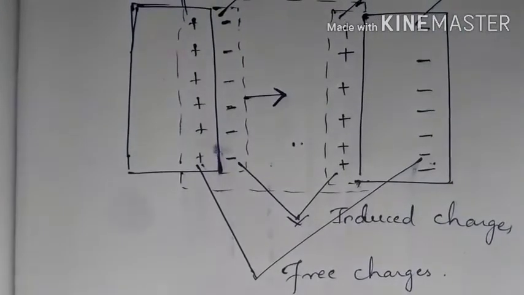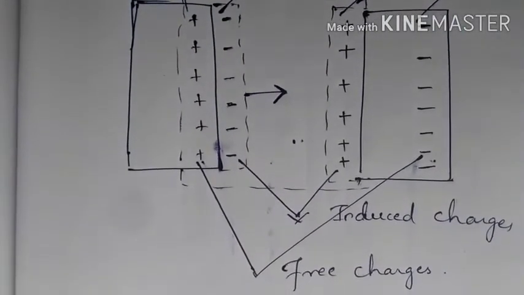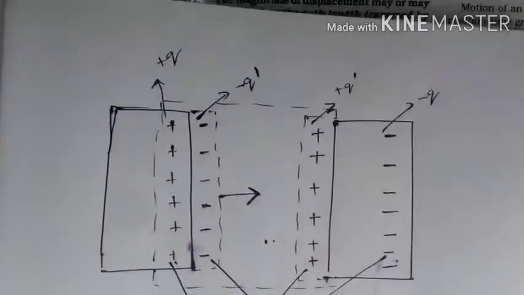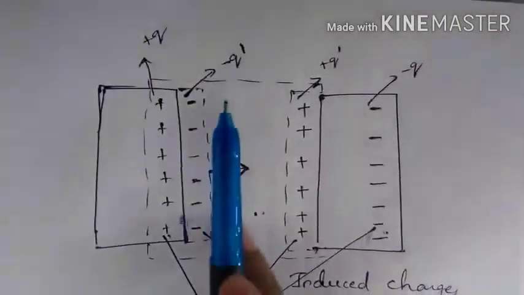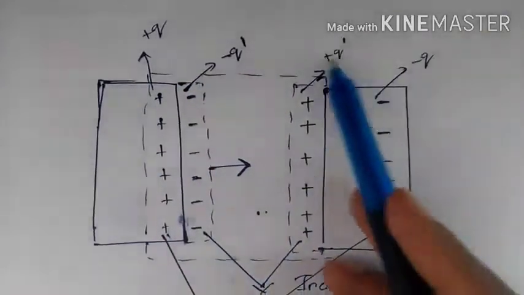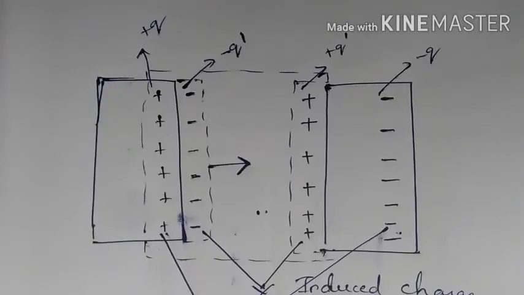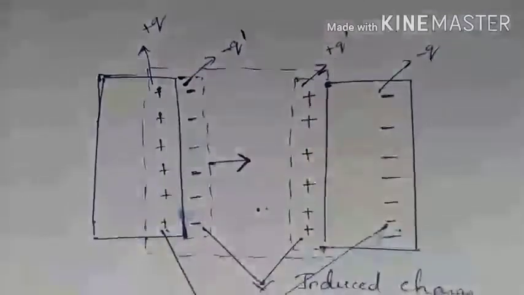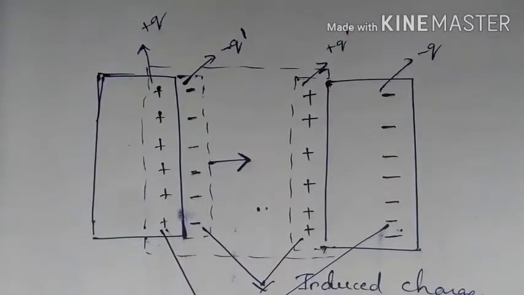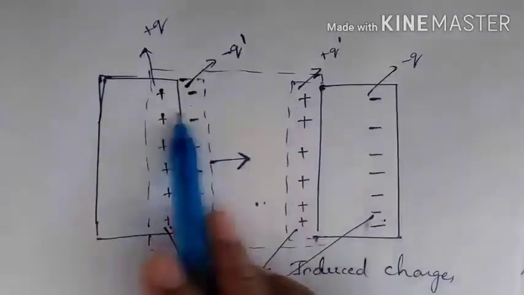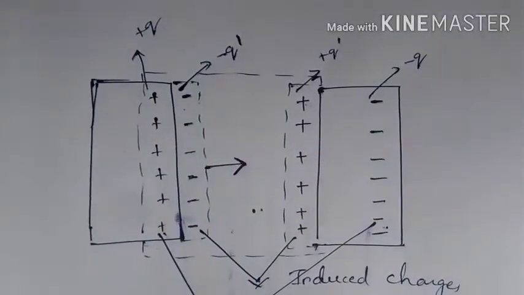So the dielectric constant K is introduced between the plates of the capacitor. The charges in the dielectrics get polarized. A negative charge minus Q prime is induced on one side of the dielectric, and plus Q prime will get induced on the other side of the dielectric. And the charges on the capacitor plates are called free charges. So this and this are called free charges.